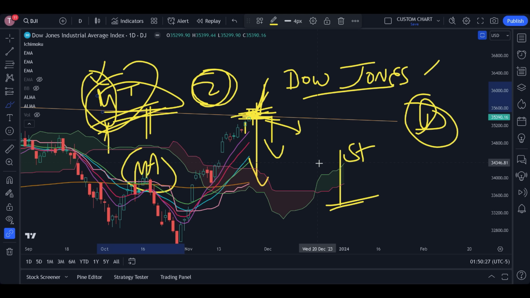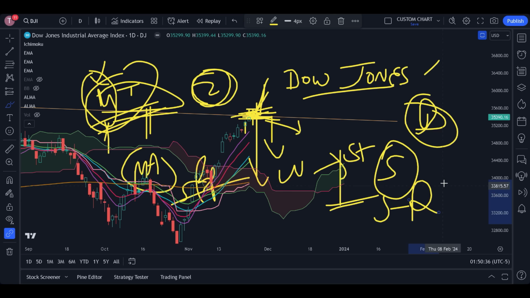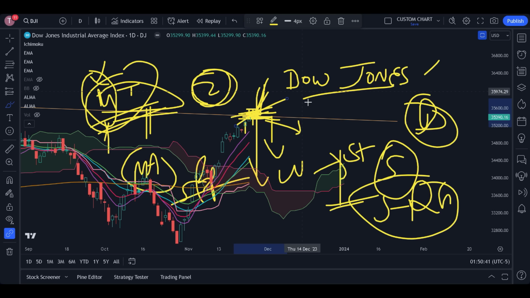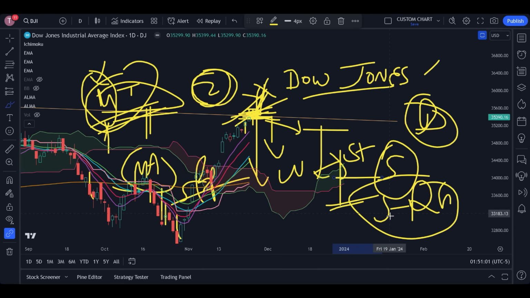And I will make these conditions clearer in my updates if you are my Patreon community members. One more thing we must not forget: the S&P 500 on the weekly chart is expected to hit saturation through the stochastic RSI. This is very, very important, because if this happens, even the manipulators won't be able to hold the S&P 500 or the market. They may be able to hold for a day or two, but after that it will be heavily susceptible to an immediate fall. Immediate fall means a gap down open, and this kind of back to back fall will be there because of the saturation. I can confirm saturation only on Monday once the stock market comes into the session.